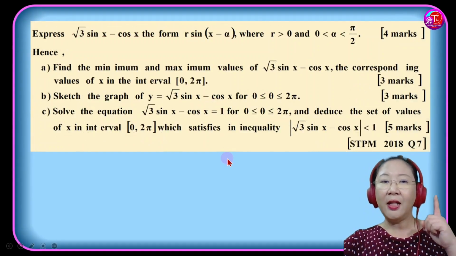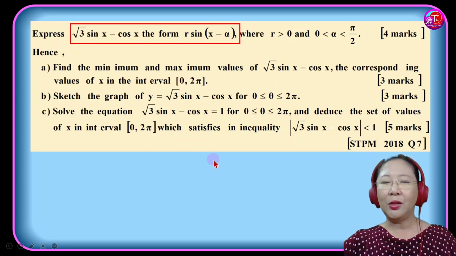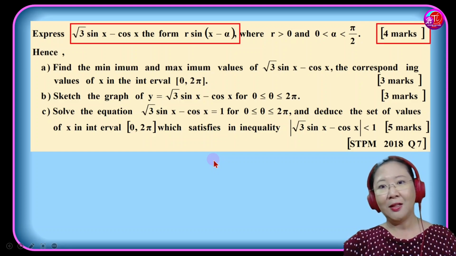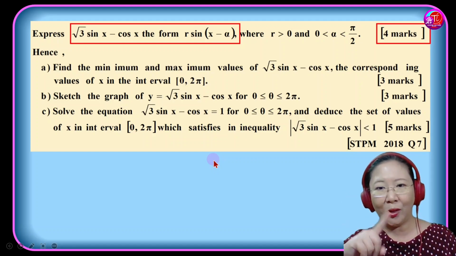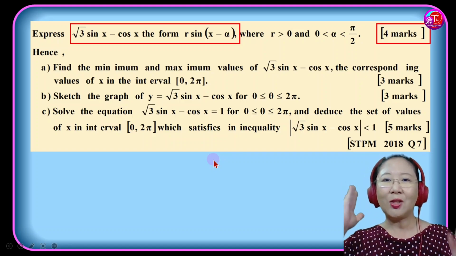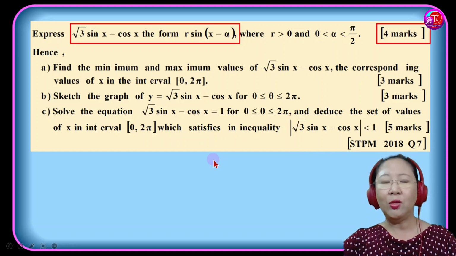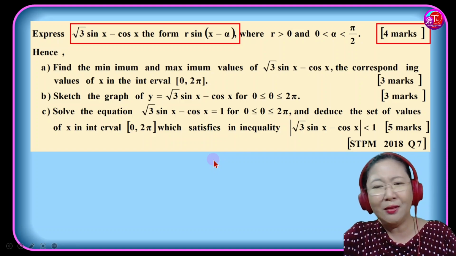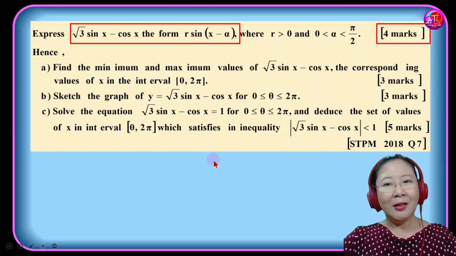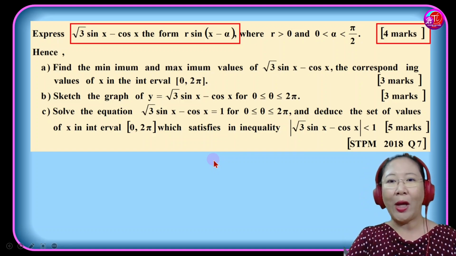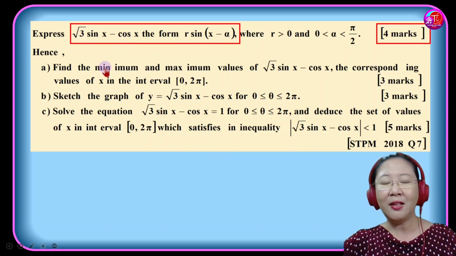And then you have this 2018, same thing. They will give you the equation, and then they say it's 4 marks. So same thing. It is advisable to use either method number 1, 2, or 3 to do this question over here. But when do you want to use this method number 4? It looks so easy and so nice to use, right? Well, method number 4 can be used when you see a question like, for example, they give you this equation like this, and then they ask you